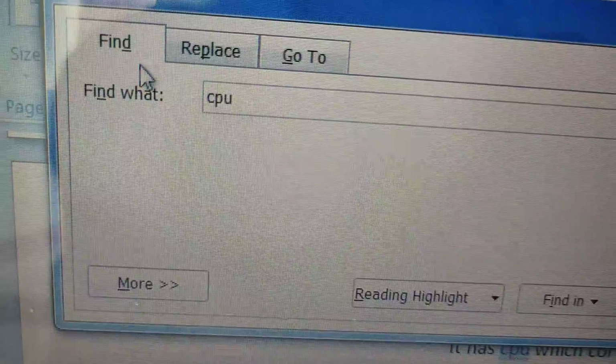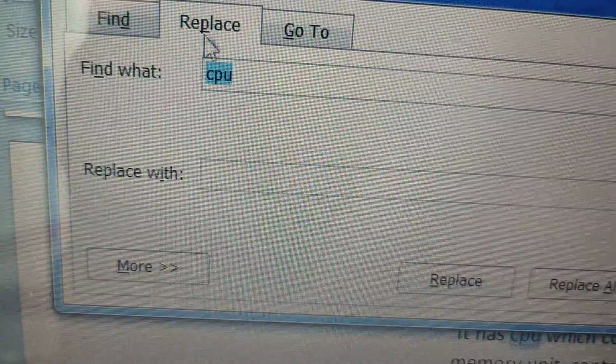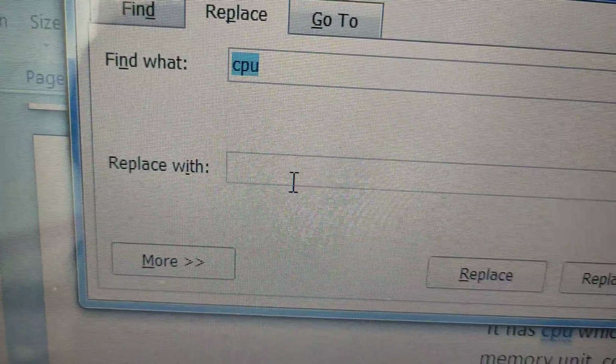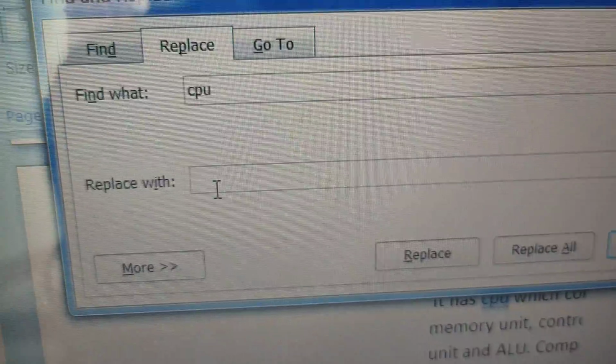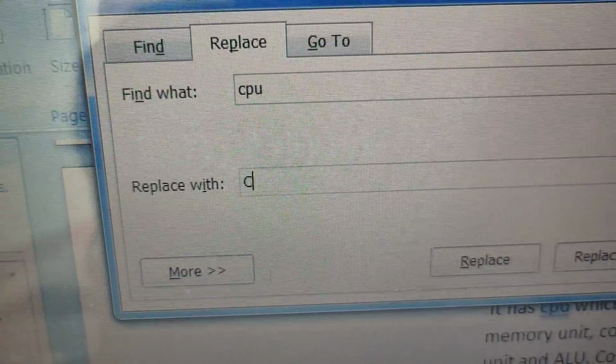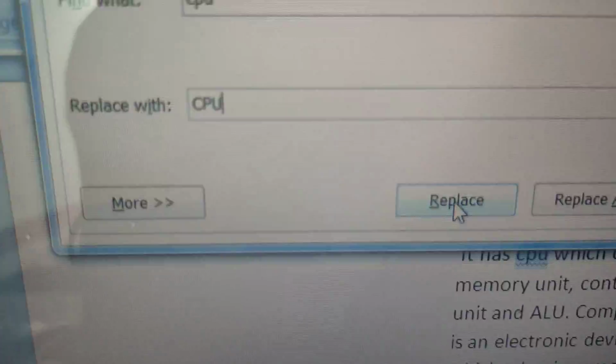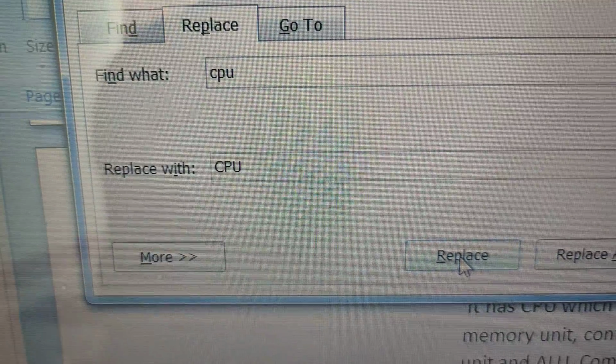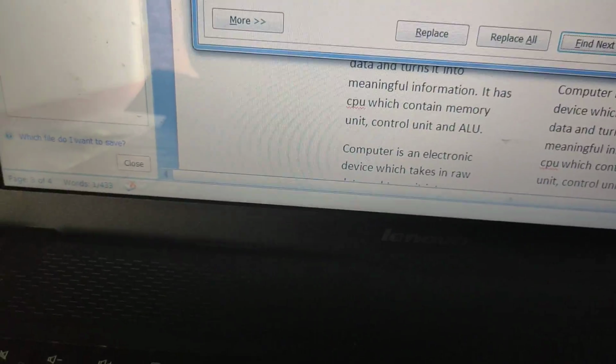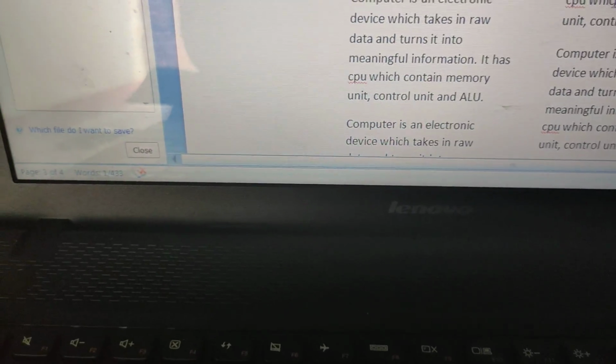Yes, find it, and you have to replace it with capital CPU. It's a small example, no? Yes, I have clicked replace. You can see I had written CPU in small letter.